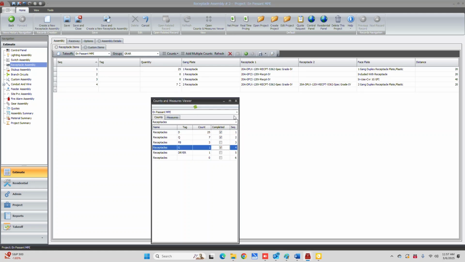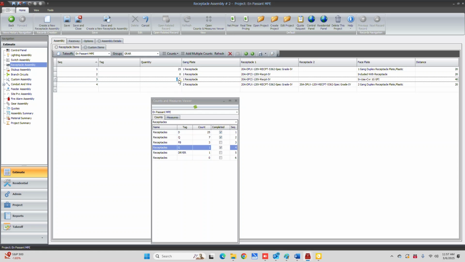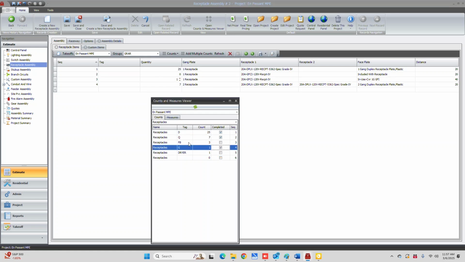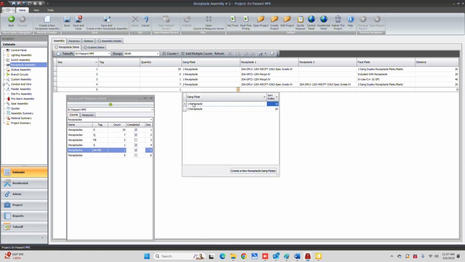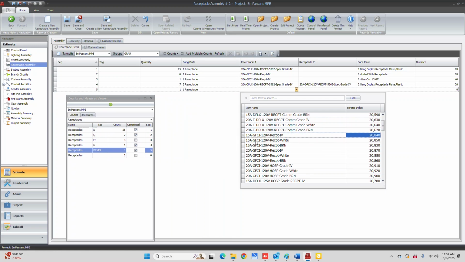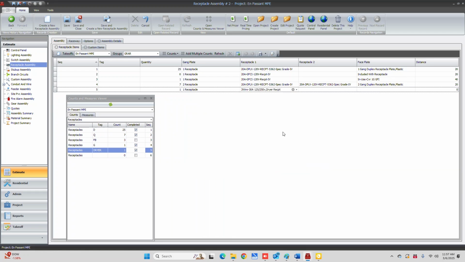We have 1 ground fault. Okay, that's a floor box, and then we have a dryer receptacle. So the dryer is not listed, so we'll create 1 as a single receptacle. Go down and find a drawer receptacle, and then a plate,